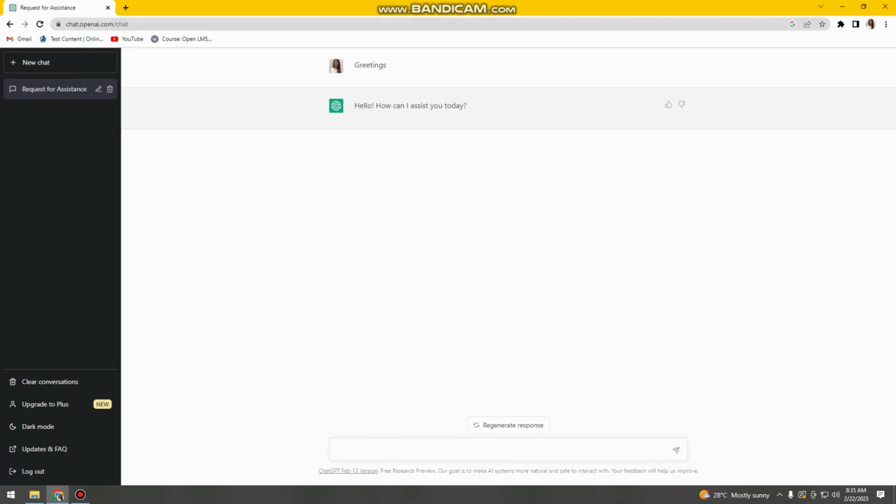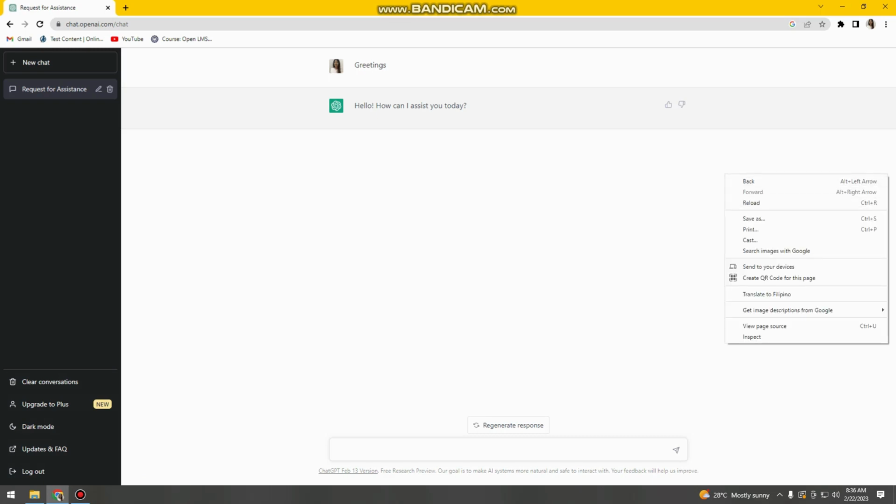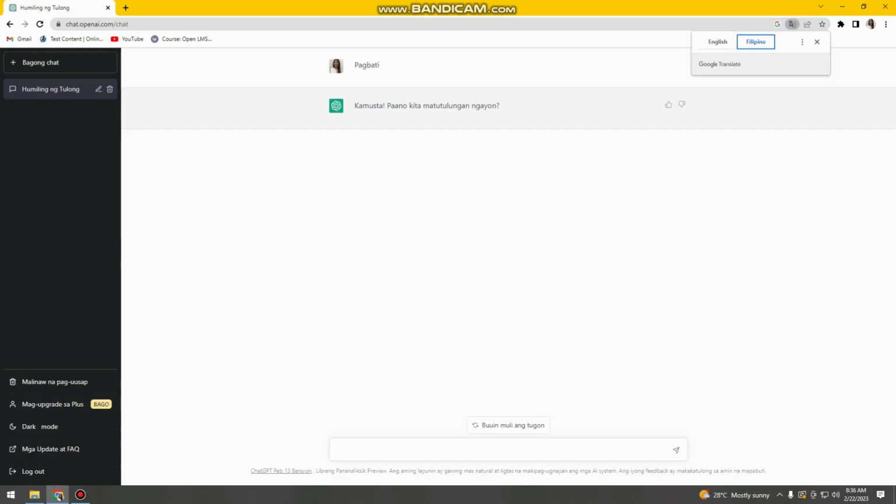So first of all, you need to make sure that you're on the web page of it, which is chat.openai.com. So as you can see here on the left side, there is no option about changing the language of it. So you just need to right click on the page and click this translate to Filipino,